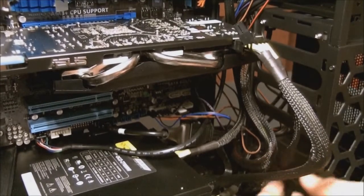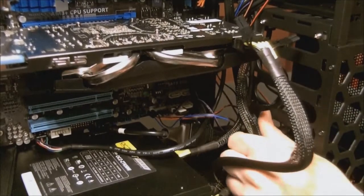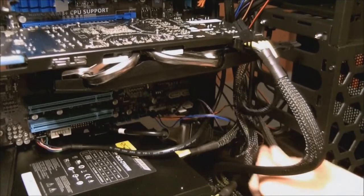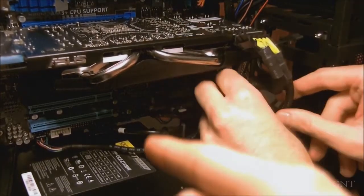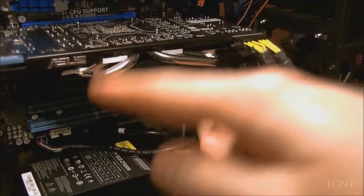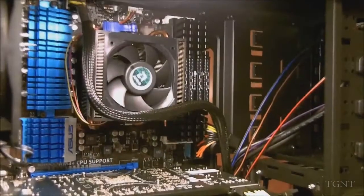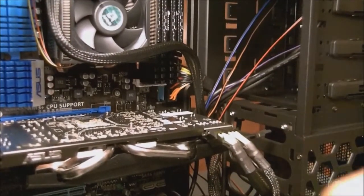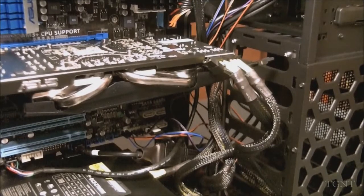We have almost everything installed. The only thing we really need to do is the disk drive. Pretty sure everything else is in, because we got our graphics card, power supply, RAM somewhere in there, our processor here up top, our SSD, and all these cords and cables that do who knows what. So the only thing left should be the